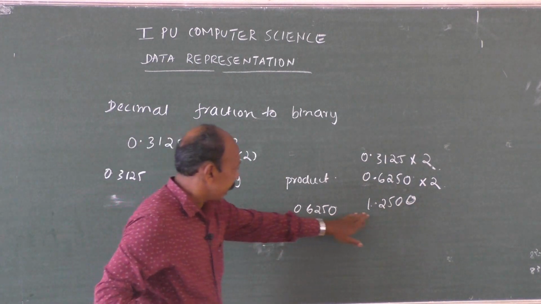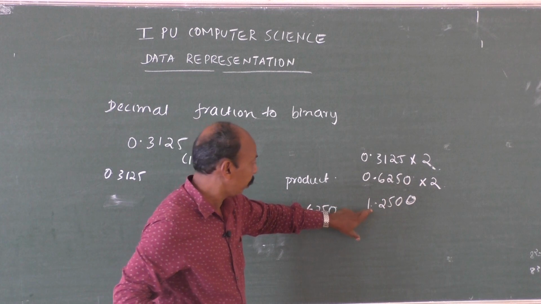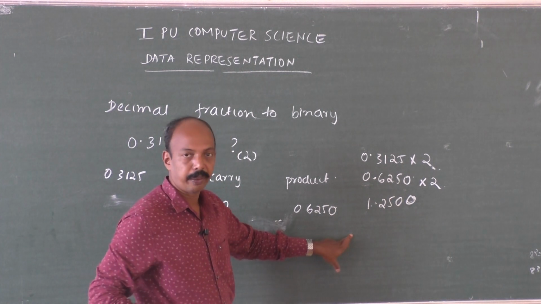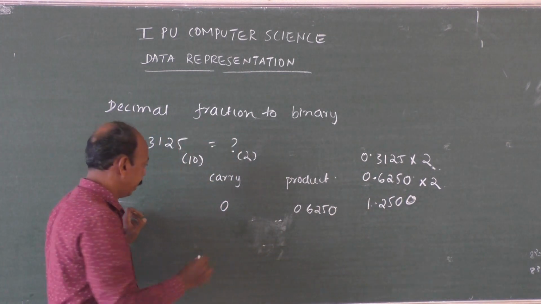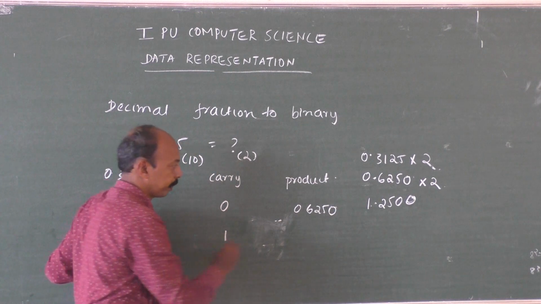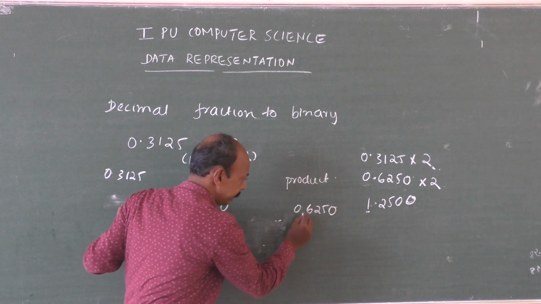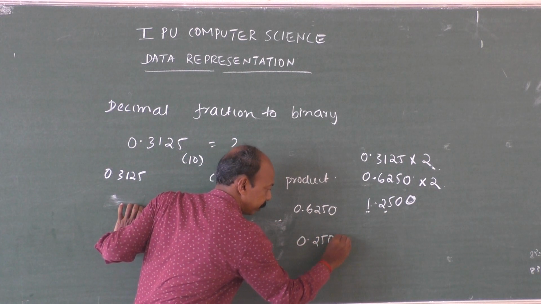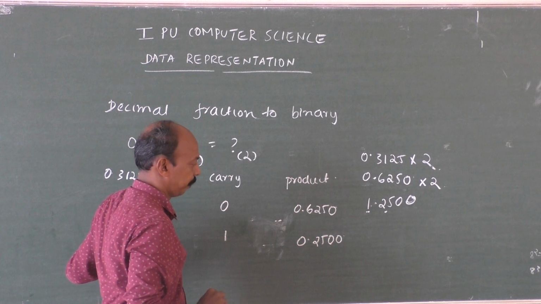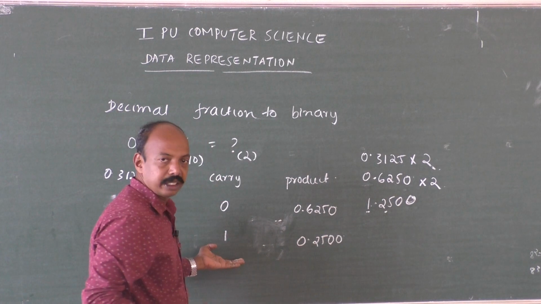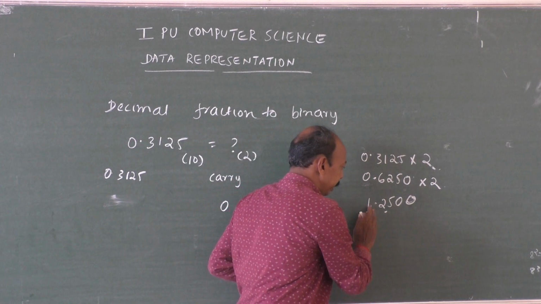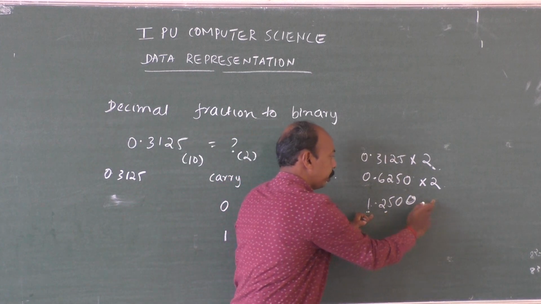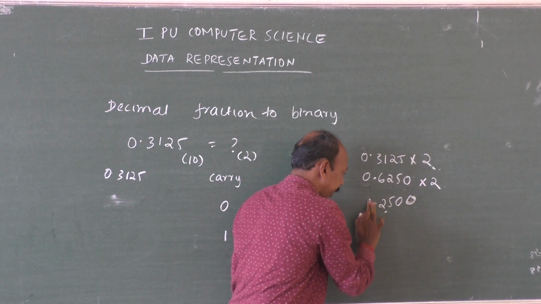Now, in this case, since it is 1.25, we can't write here 1.25. We will split it. How we are going to split? Write that one here, and in this here, whatever is pending, you write here 0.2500. After this, what to do? Next step will be, already we have written this 1 here. We are not going to multiply 2 to this one. We are going to multiply